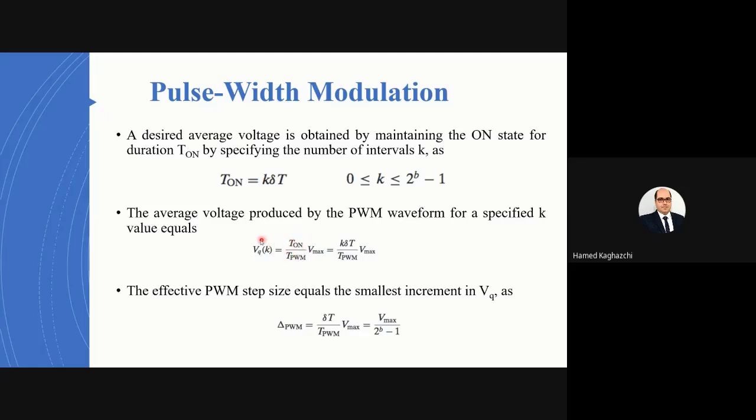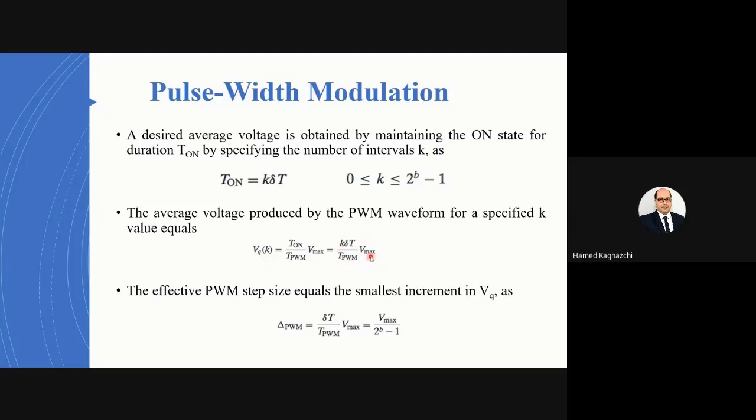For calculating the average voltage of the PWM waveform, I have to multiply the duty cycle by the Vmax. What was the formula of duty cycle? T on divided by TPWM. Multiplying these two values together, and also I know that T on is K delta T. Substituting K delta T instead of T on, I can find that VQ, my quantized value, is equal to